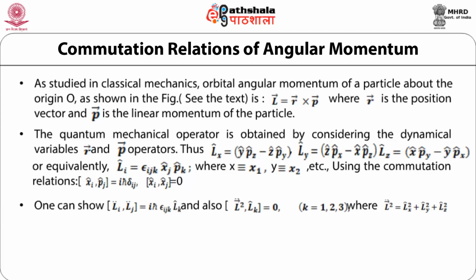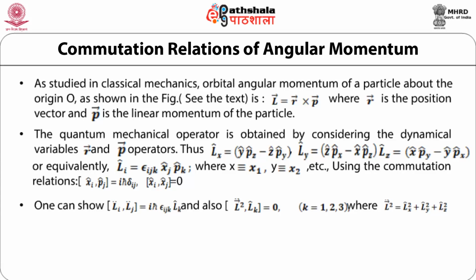One can also show that the commutation relation of the operator L subscript i and the operator L subscript j is equal to i times h cross times epsilon subscript ijk times operator L subscript k. And also one can show that the commutation relation of the square of the orbital angular momentum operator with its k component, that is the commutation relation of operator L squared with operator L subscript k, is